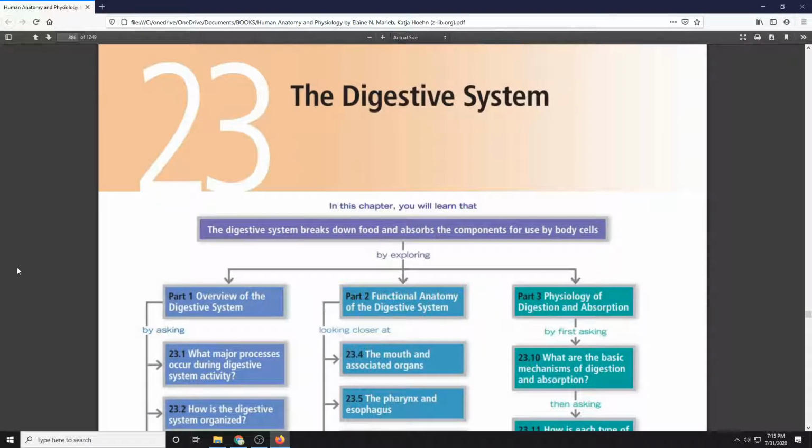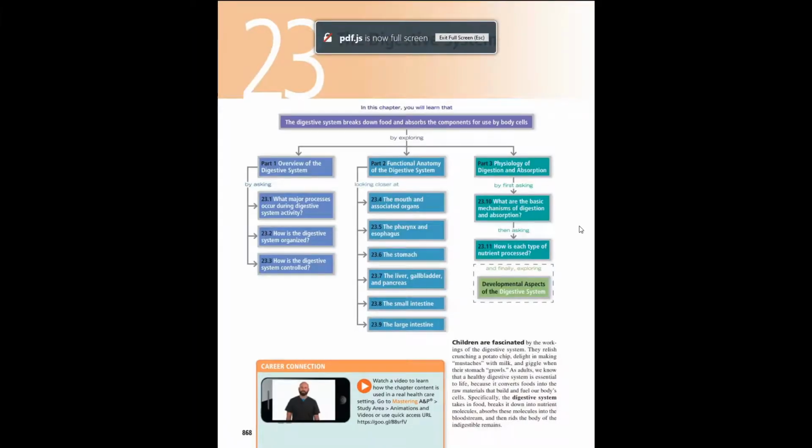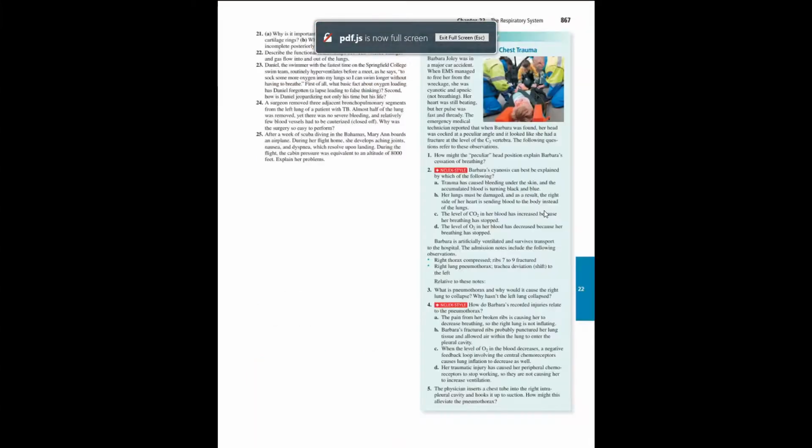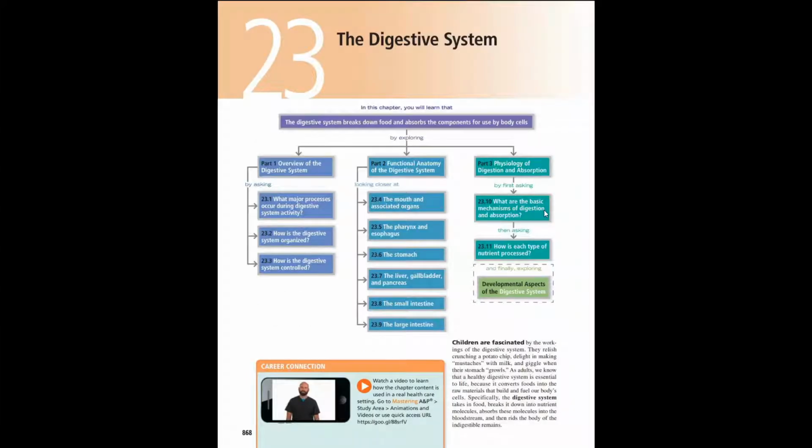This is Chapter 23, the Digestive System. In this chapter, you will learn that the digestive system breaks down food and absorbs the components for use by body cells by exploring the overview of the digestive system,